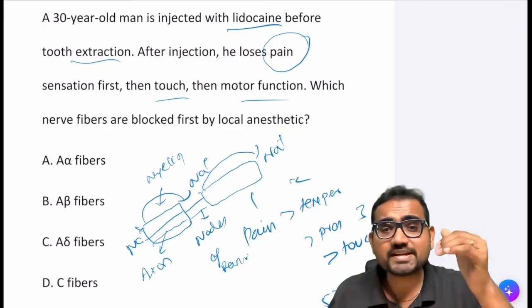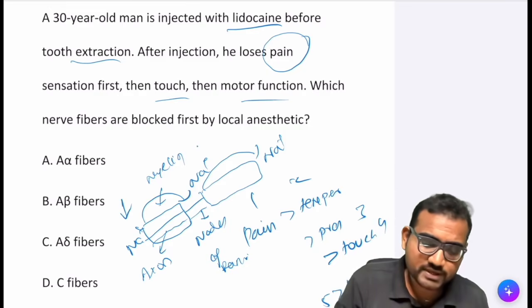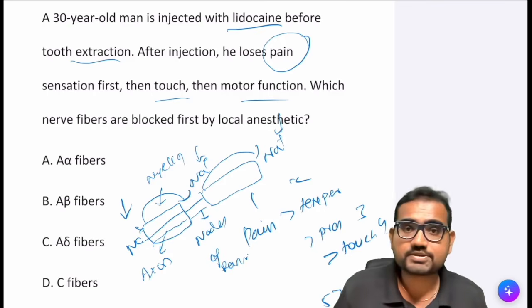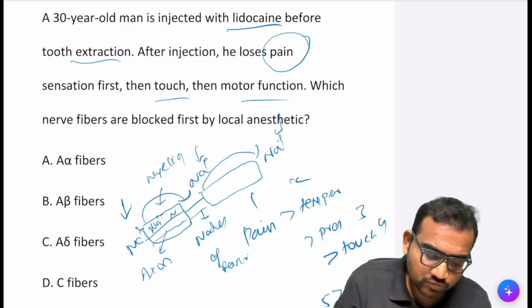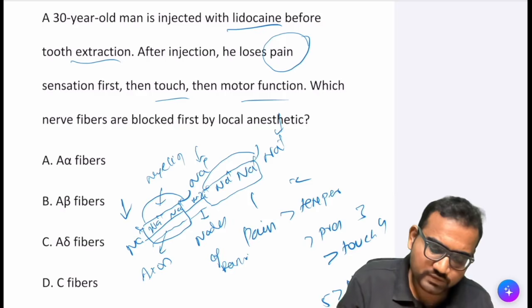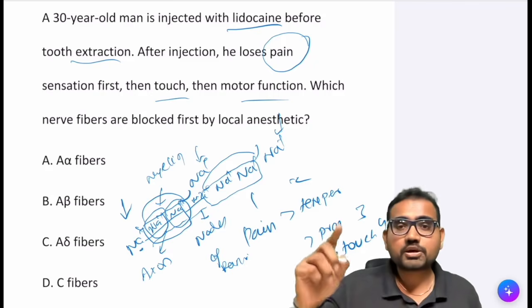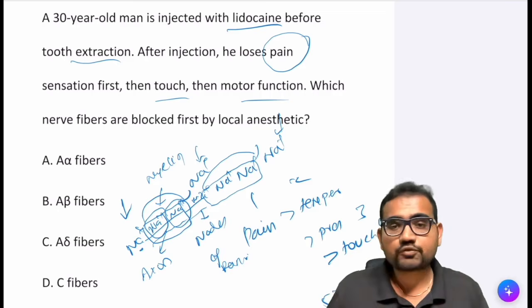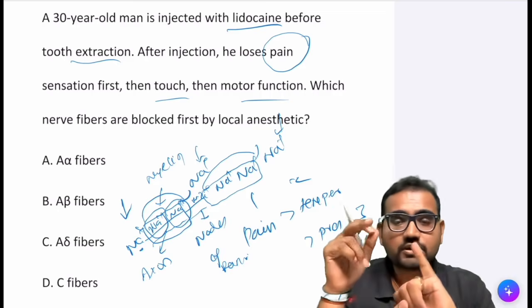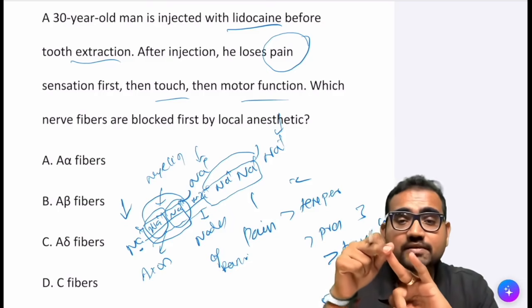What happens is, it is very easy for the lidocaine to block these kinds of myelinated nerves, because it blocks here, it's enough, it blocks here, it's enough, it blocks here, it's enough. Imagine an unmyelinated nerve: the sodium will be present throughout the axon. So it has to block here, here, here, and it goes on. It will be very difficult for the lidocaine to block unmyelinated nerve fibers. So two things: if the nerve is small, and if the nerve is myelinated,